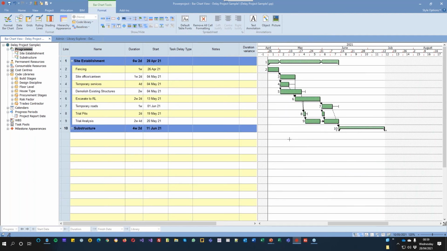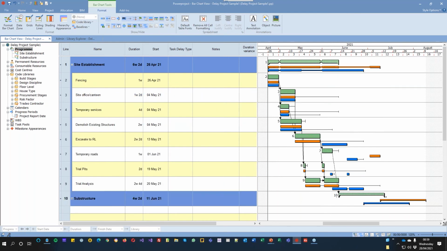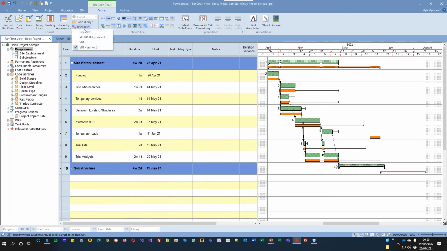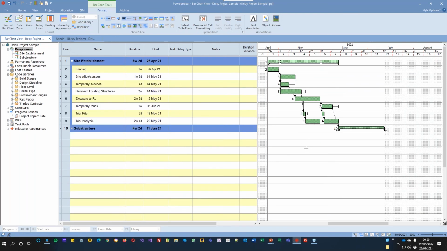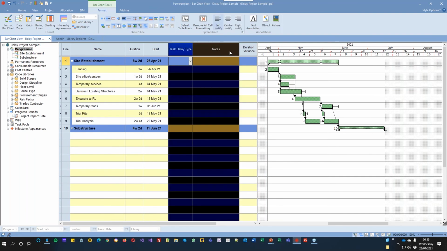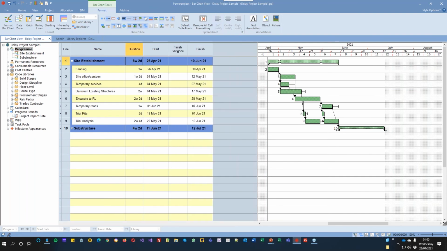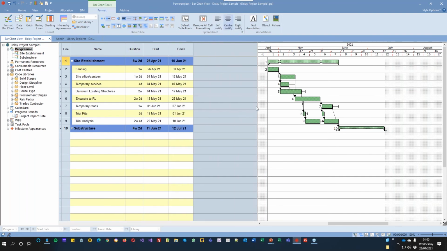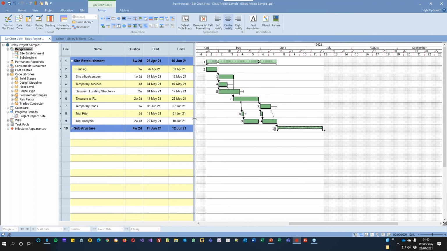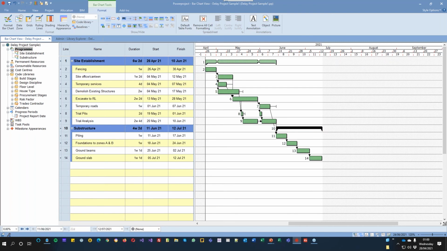Just put those back on in there. So again, I can turn all baselines off in one go, or I can turn individual baselines off as I go through inside there. So with those baselines, and again, I'm just going to remove this. And again, because I've started from the brand new project that you will get with Powerproject, what I'm going to do is I'm just going to now say, okay, with my baselines, if we start again here now,